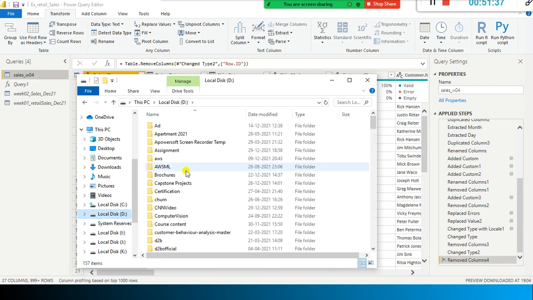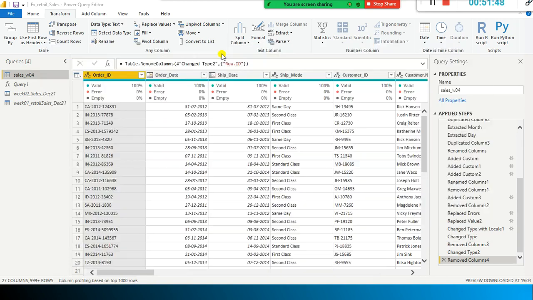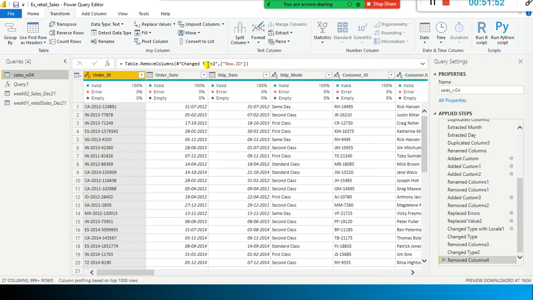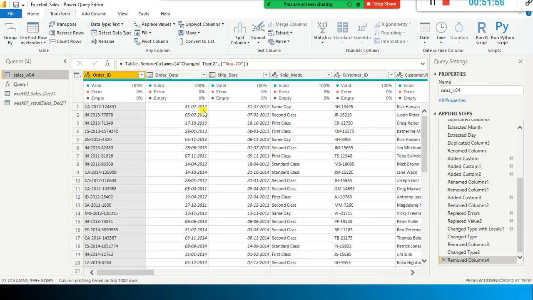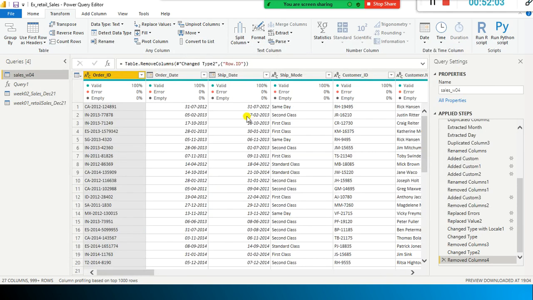When Power BI reads that file, it assigns text data type to order date by default, since these values are separated by hyphen. Hyphen is there along with the numeric value, hence it considers this a string, text data type.